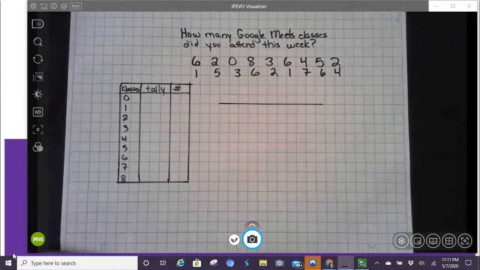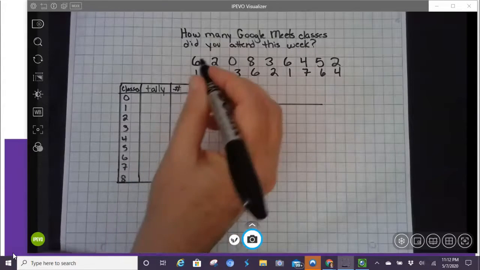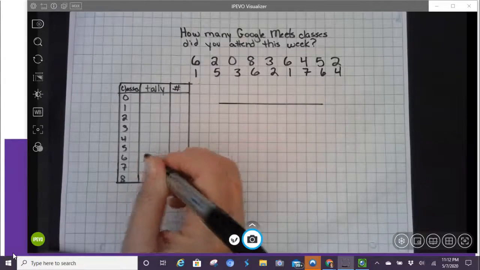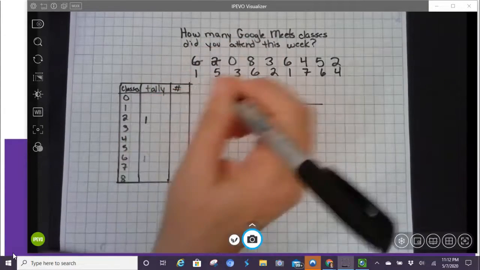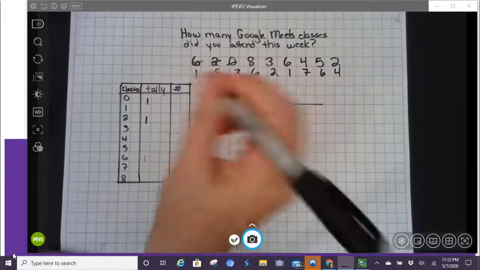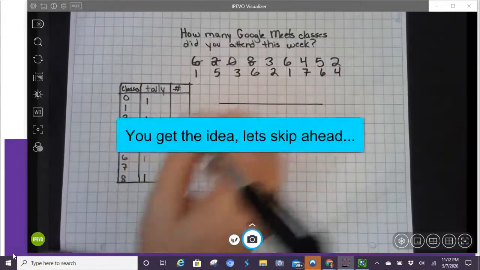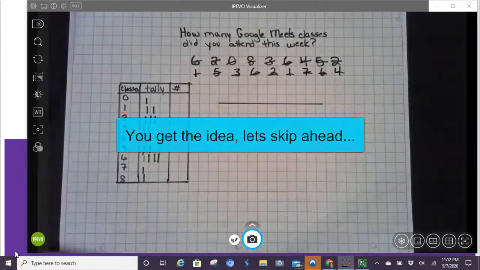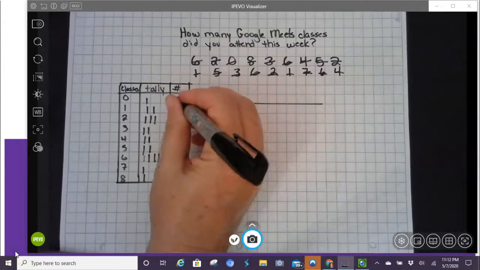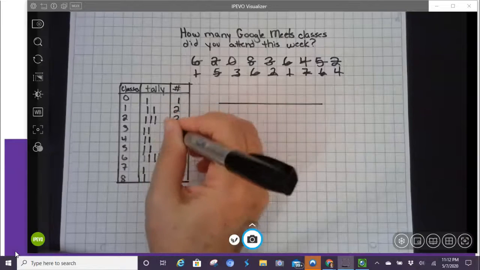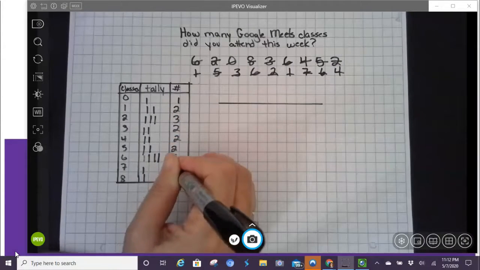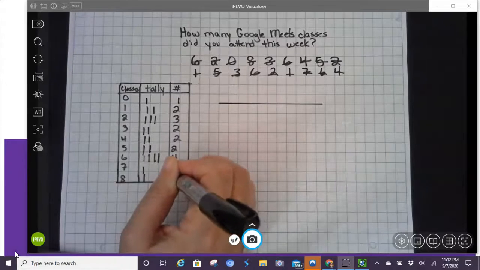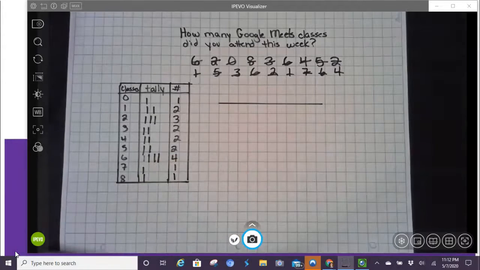So I could put this into a frequency table, and there's really two ways to do that. You could make your tally marks, like I've got a 6, so I put a mark at 6. I've got a 2, I put a mark at 2. I've got a 0, I've got an 8. So I said there's kind of two ways. You could do it with the tally marks. I've got 1, 2, 3, 2, 2, 2, 4, 1, and 1, where you just go